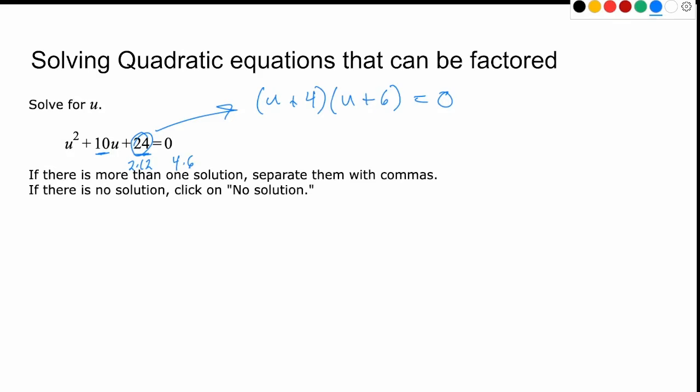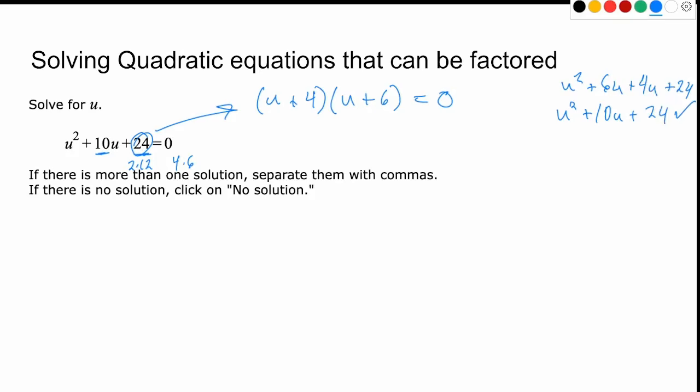What you want to do is, kind of on your scratch work, is FOIL it back out. So u times u is u squared. u times 6 is 6u. If you have troubles with these, if you're good at factoring and you've got this, that's great. Sometimes you can just fast forward on down the road. u times 4 is 4u, right? And then 4 times 6 is 24. So just make sure that it all fits back together nicely. 6 plus 4 is 10. And there's a check, we got back to what we started with.